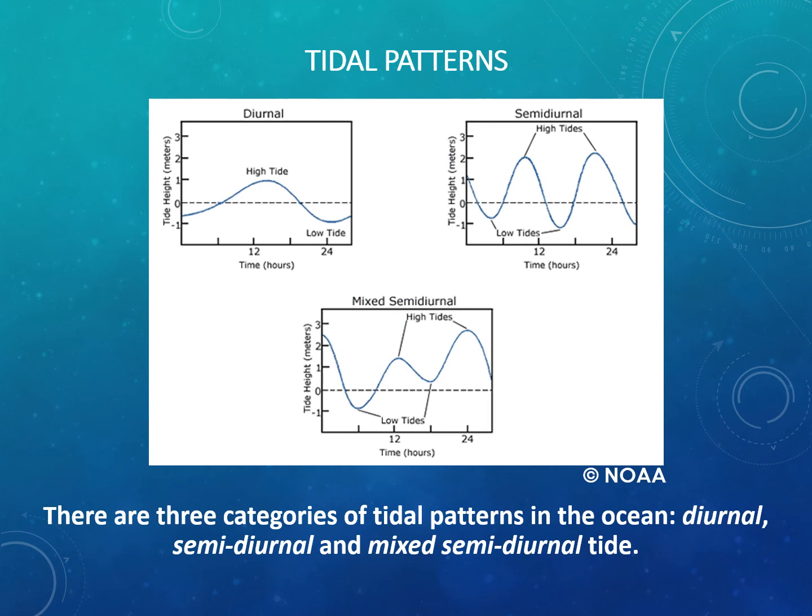There's 3 categories of tidal patterns in the ocean. These are diurnal, semidiurnal, and mixed semidiurnal tide. Diurnal tides occur when there's just 1 point of high tide and 1 point of low tide in a day. Semidiurnal tides occur when there's 2 points of high tide and 2 points of low tide, and they're at distinct intervals. It tends to match the ideal pattern fairly well, where we've got consistency in the timing of the high tide